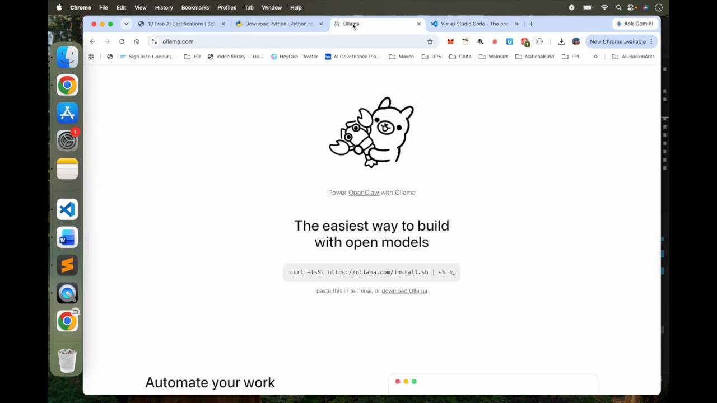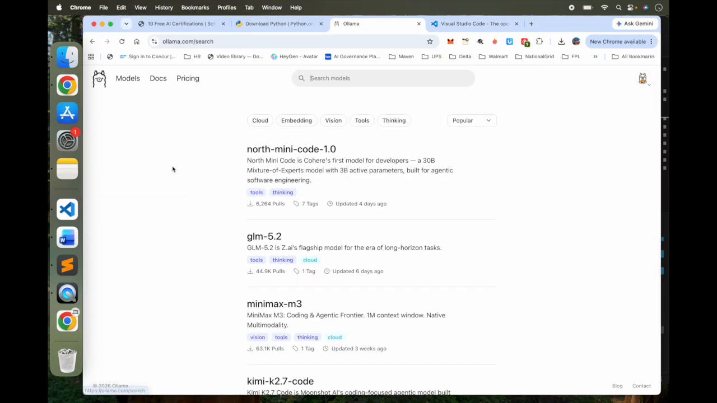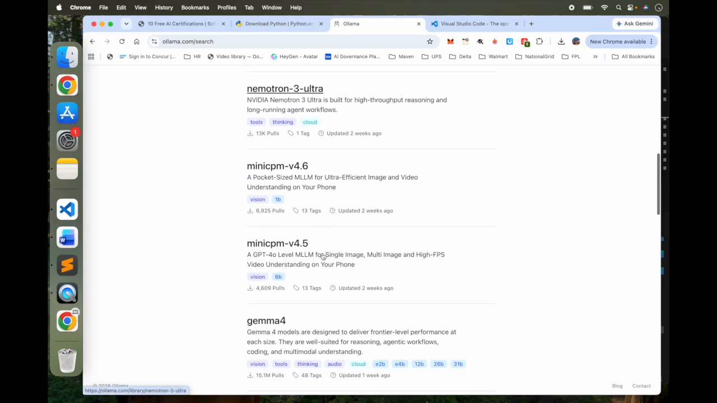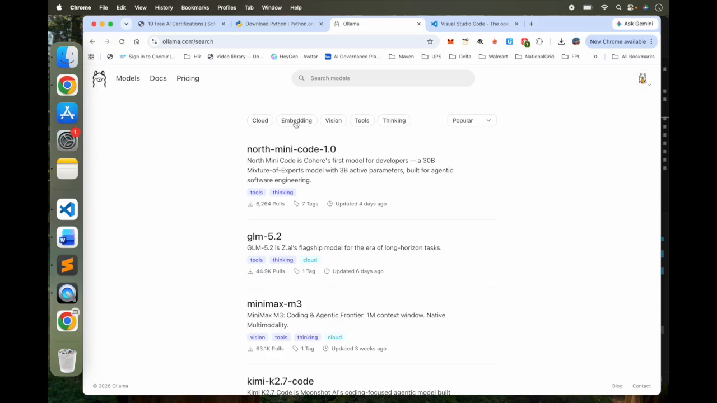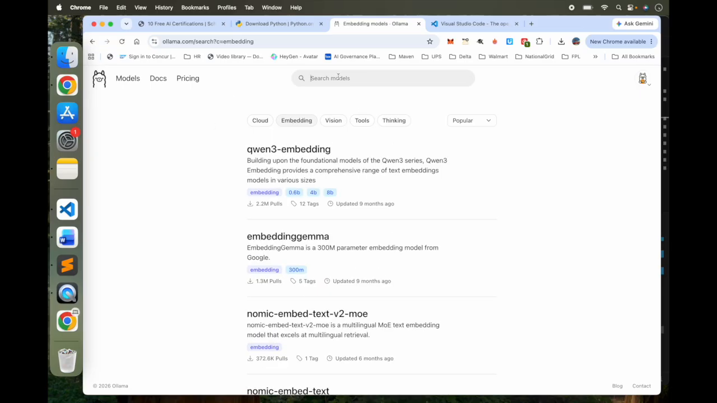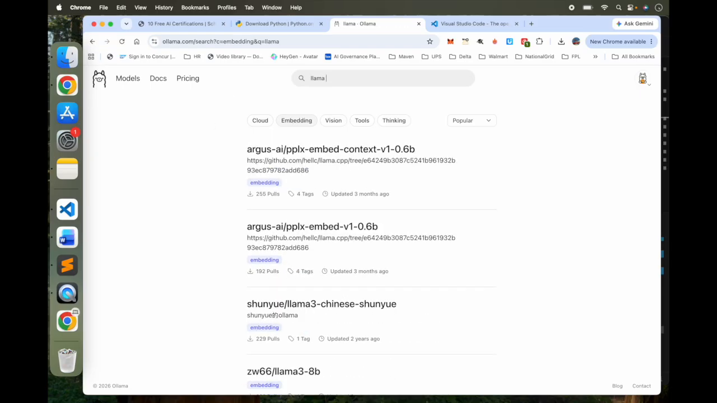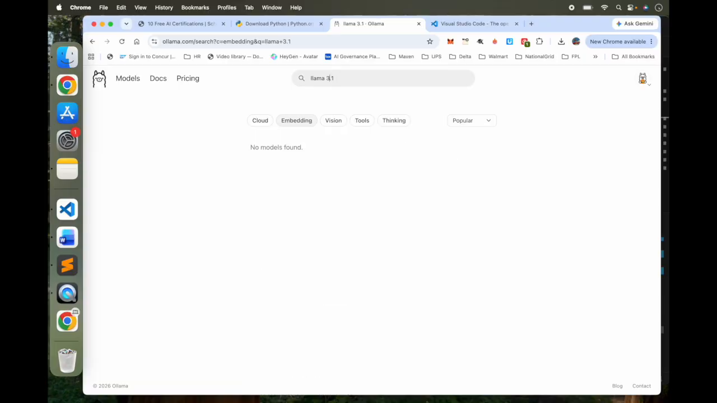Now you can pick your own model from the models here, and you can go through them if whichever you like. Look at cloud, embedding, vision. Since we are doing embedding, we can use some of those. I am going to use Llama 3.1. That's what I'll use. It doesn't show me here, but I can just say